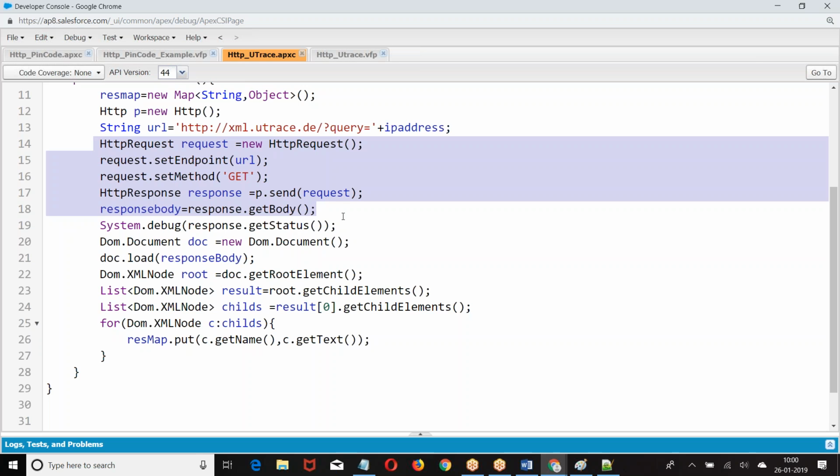Tomorrow we will see how to send SMS services. Now in Salesforce, we don't have a built-in SMS service. But here I want to create an SMS service. How to create an SMS service and how to make a request from a trigger and batch class, we'll see tomorrow. I hope you are good with this.